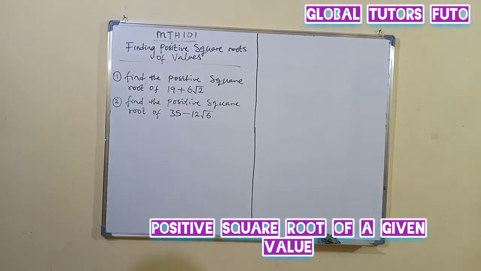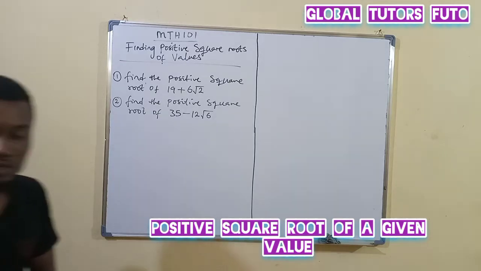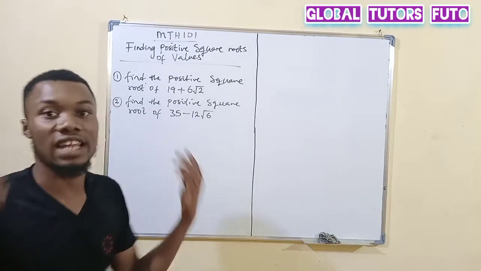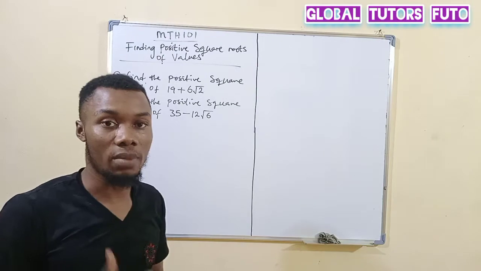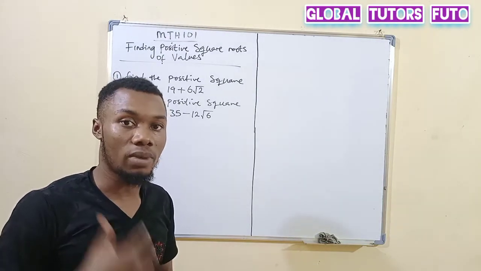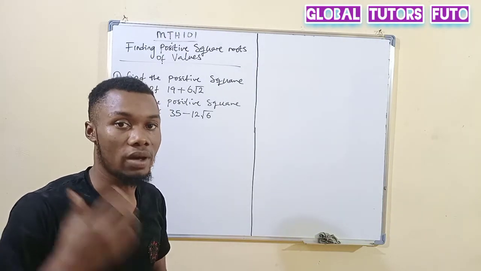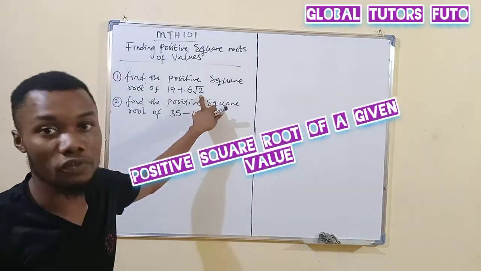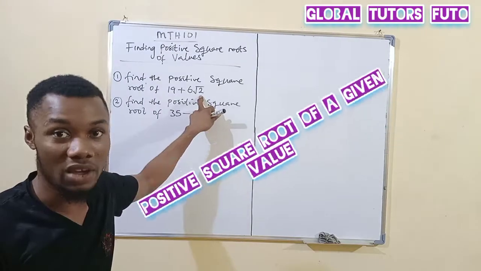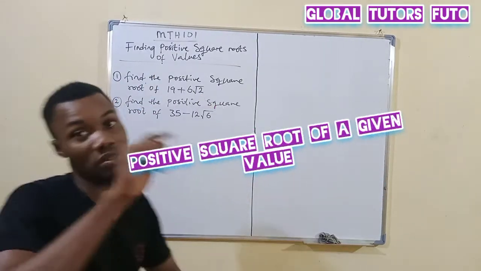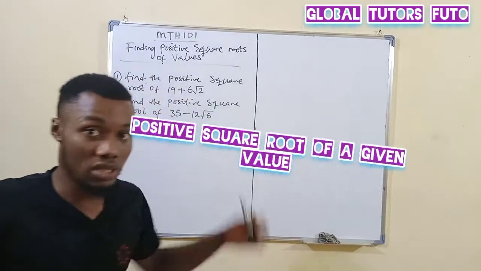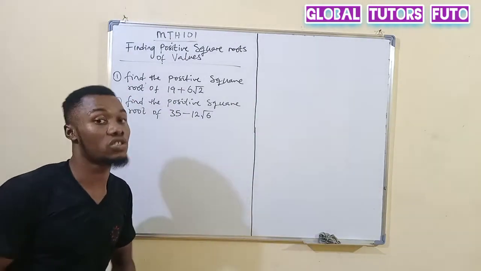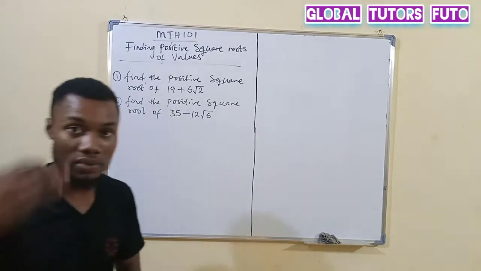Now, whenever you're asked to find square root of values which is not a natural number. When I talk about natural number, I talk about counting numbers. 1 is a natural number, 2 is a natural number, 3 is a natural number, 4 is a natural number. They are called counting numbers. But square root of 2 is not a natural number, but rather it is a real number, because square root of 2 will give you something point something, like 1 point something something something. You understand? So it is not a natural number, but rather it is a real number.